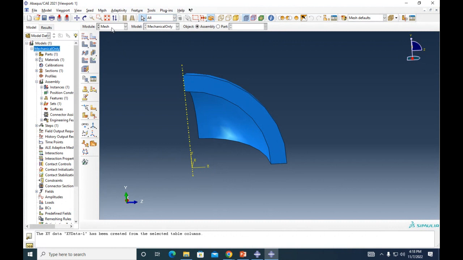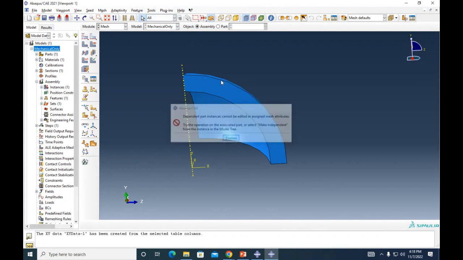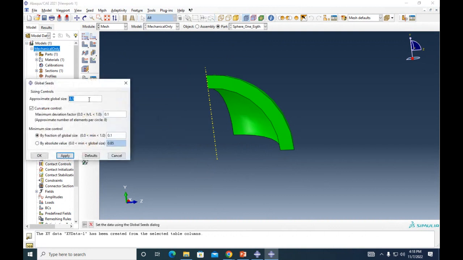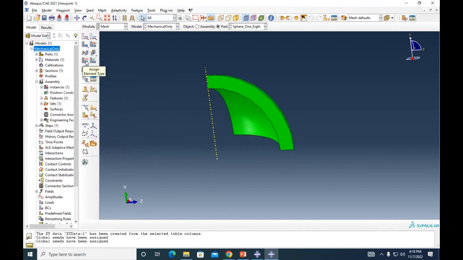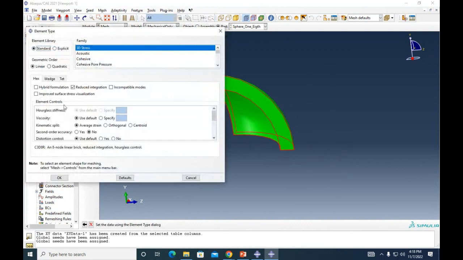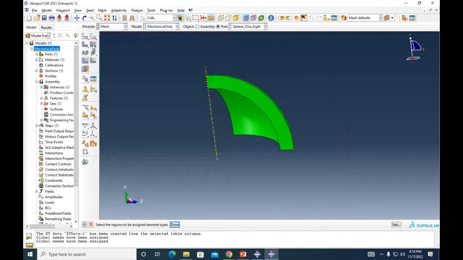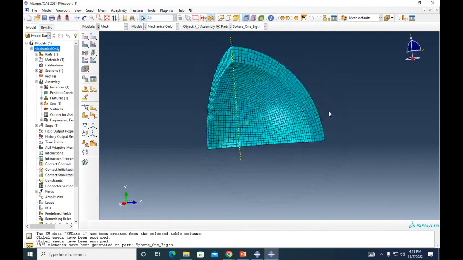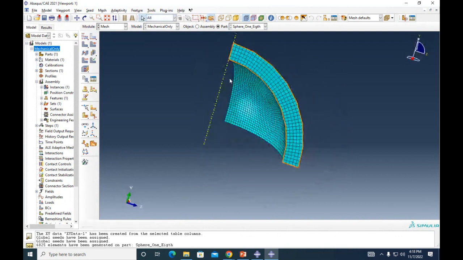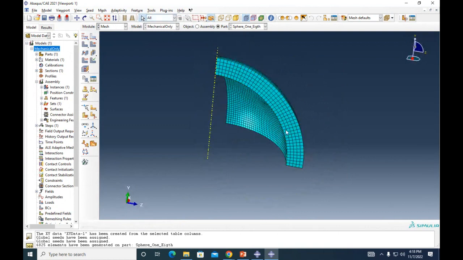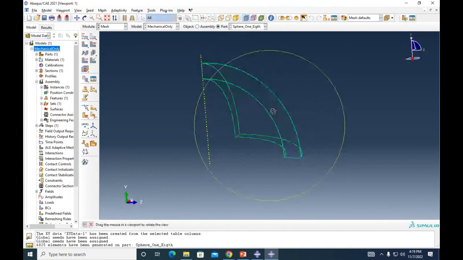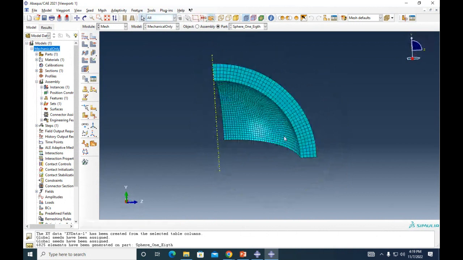All right. So here in mesh, I'm gonna create a seed, as we all know. Let me see how big this seed is. Let's do something like 2. All right. Let me go here to element type, 3D stress. That works great. And let's see how the mesh looks like. It's a beautiful mesh. So it's a structured mesh. It's refined enough. So I think we are good here in terms of our mesh.